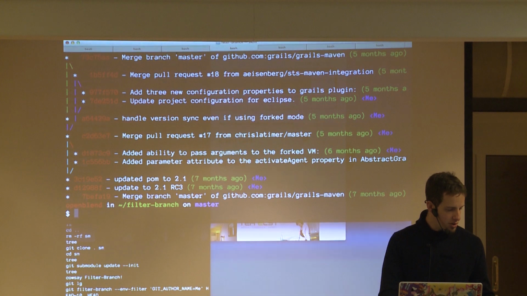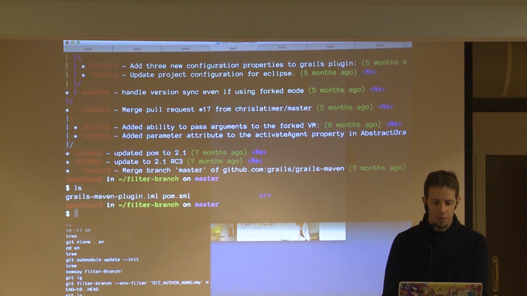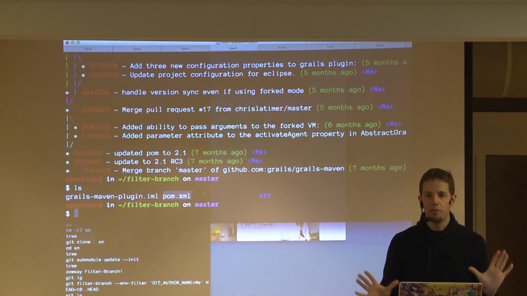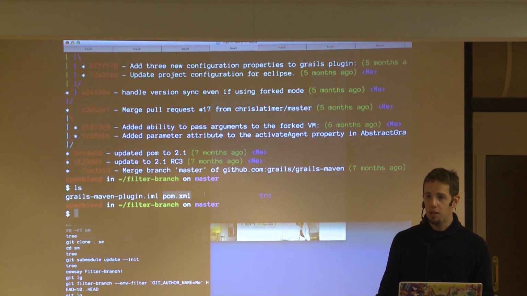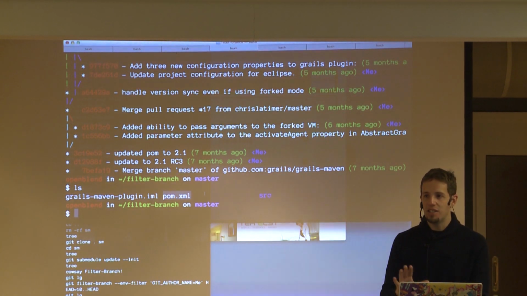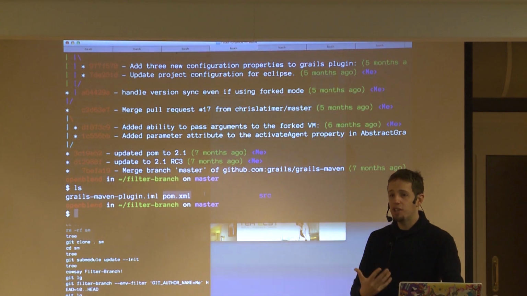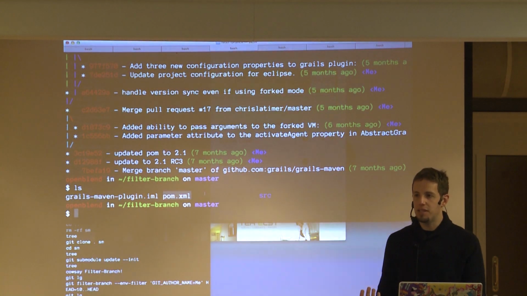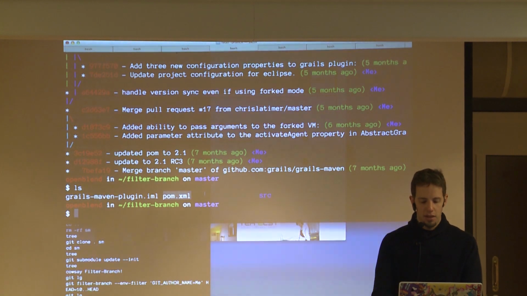The next one I'm going to show you is the ability to remove sensitive information. So in this repository, I'm going to pretend that this pom.xml file here is just chock full of passwords or credit card numbers or something that you actually didn't want to put on GitHub, even though you just pushed this up to GitHub. You want to get rid of this stuff and push it back up right away. You don't want any of it to have ever existed in the repository. You can't just take this file down because somebody can just go find commits in the history and get it back, right? So what I'm going to do is run a command